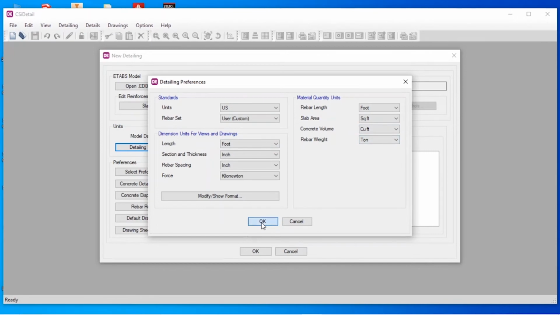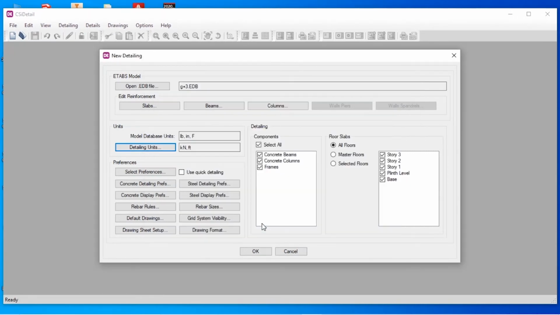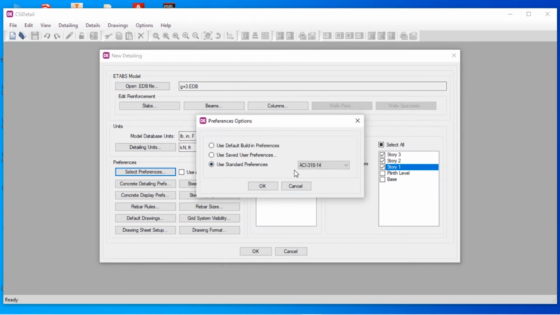And that is okay. And I'm going to select only these. I'm going to uncheck these two floors because I require the floor slab design for only story 1, 2, 3. And now I'm going to choose the standard preference for the detailing, that is ISO 46 2000.